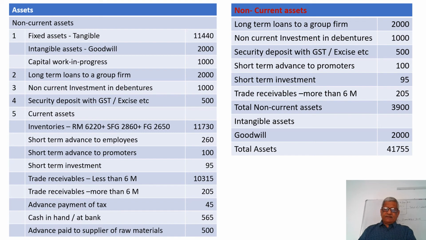So any investment, whether it is a current investment or a long-term investment or a non-current investment, has to go to the non-current assets. Then naturally the trade receivables more than 6 months, and we come to the total non-current assets. Then comes the intangible asset. In this case, there was an intangible asset which is a part of the working cap, fixed assets. That is now moved to the intangible assets.